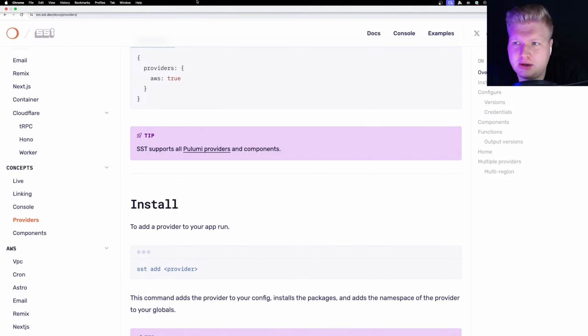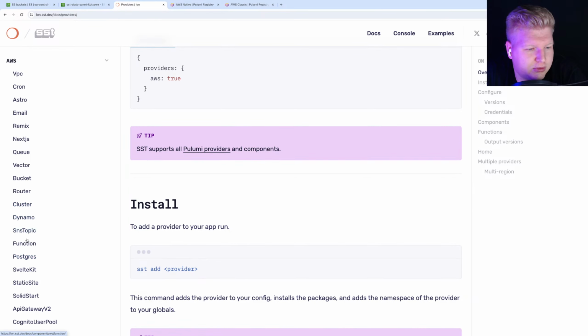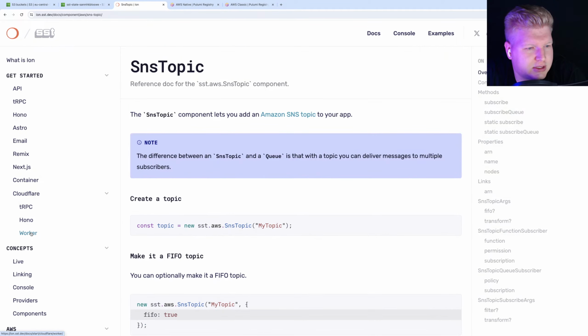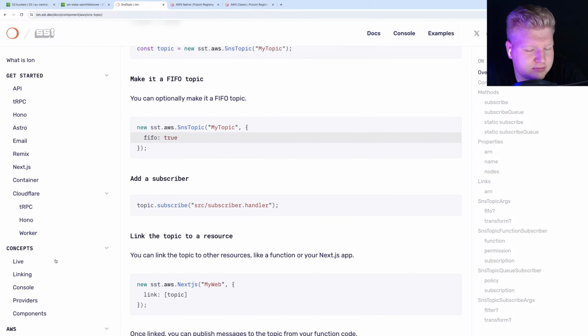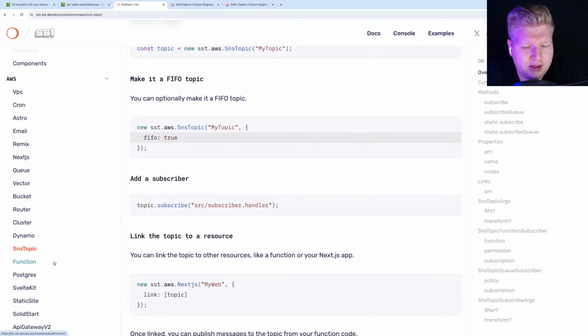So what's my final view on SST Ion? We did a really brief, small deployment, but still, you need an API, you need some database, and then of course you can define individual functions which handle the background jobs. You can do cron, you can do an SNS topic and subscribe to the topic. An important part is that you can link the resources and automatically get the permissions.